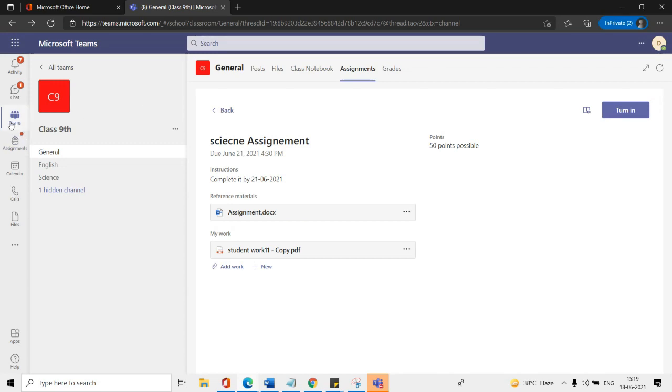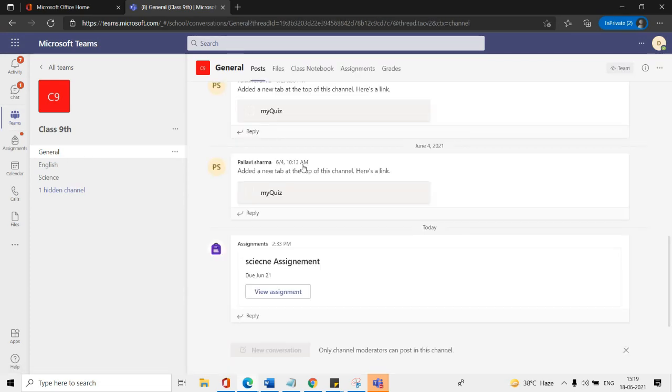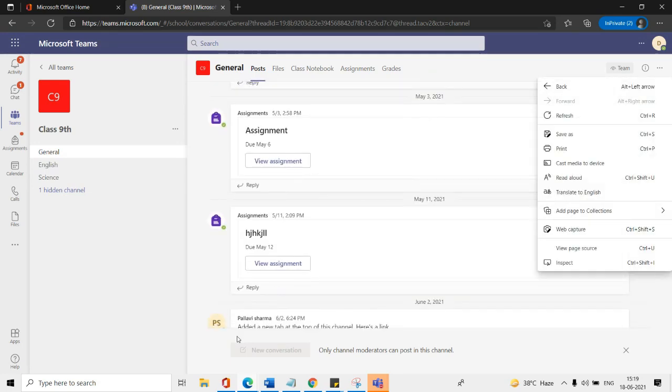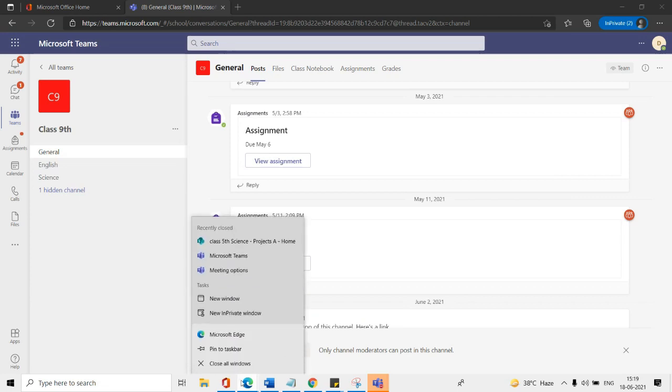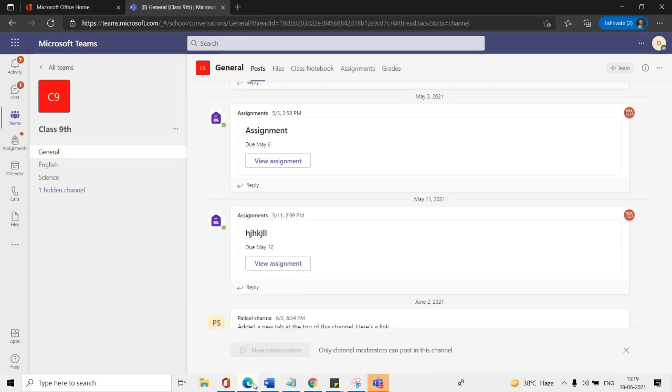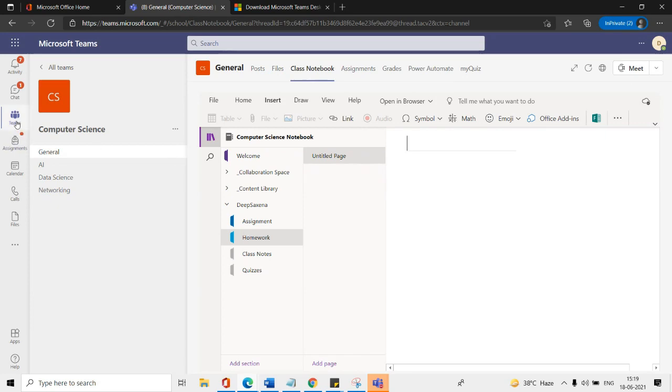Because in Microsoft Teams you will get all notifications, either a meeting invite or any kind of activity that is going to happen. Even if your faculty shares an assignment or homework, in your general channel there is a post section, and you will get all these notifications in the post section. You can see the science assignment, or that your faculty has shared a quiz. Everything you can see here in the post section. Whatever is performed by your faculty, you will get it all in the same place. So you have to remember these things from here.